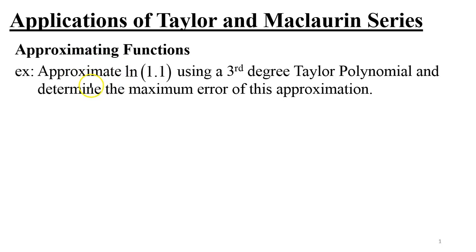So over here, if I were to start with this first example, I need to approximate ln of 1.1 using a third-degree Taylor polynomial and determine the maximum error of this approximation. Now, I need to start by introducing a function that would help me approximate ln of 1.1. Naturally, since I want to approximate ln of 1.1, I think of introducing my function as a ln function. So, for example, I could think of introducing f of x as